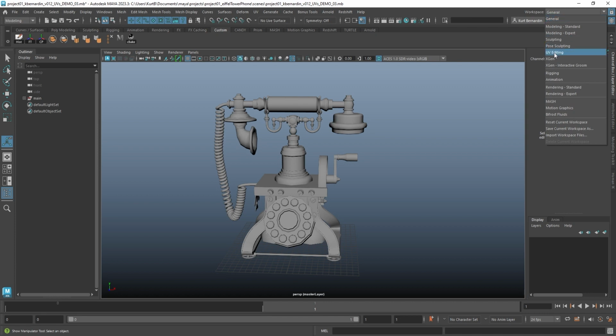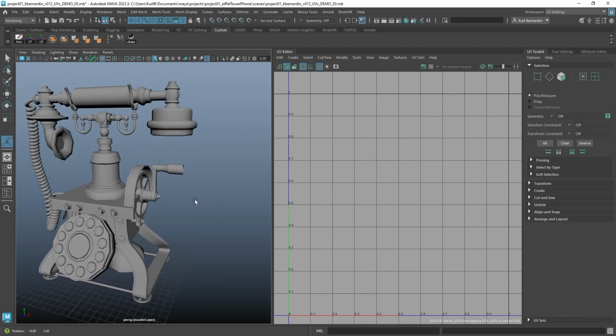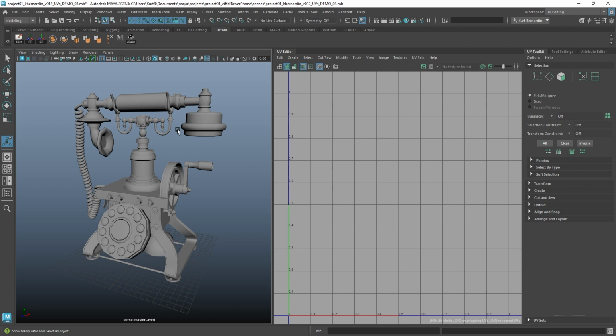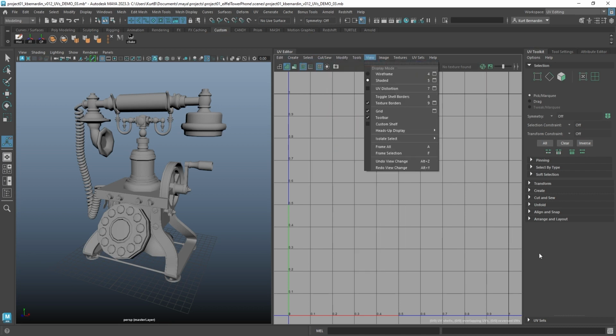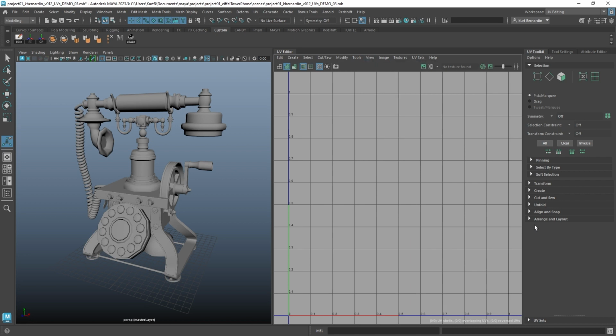Now, to start this off, I'm going to go ahead and change the workspace up on the top right, and I'm going to change this to UV editing. This is going to split my viewport, with the left side being my perspective camera and the right side being the UV editor. Within the UV editor, you'll see a series of drop-down tabs at the top for all the tools, and over on the right, you'll see the UV toolkit, which gives you a more condensed version of the